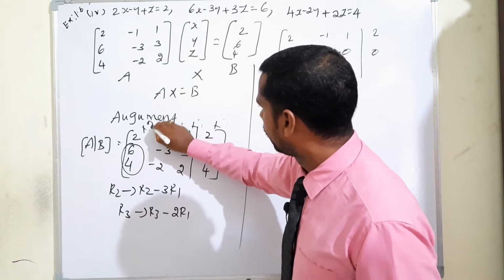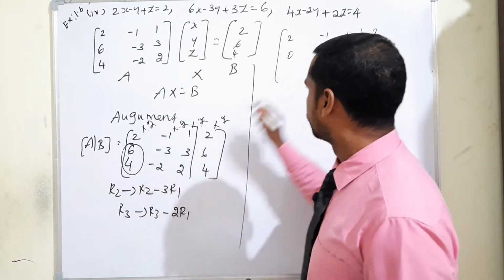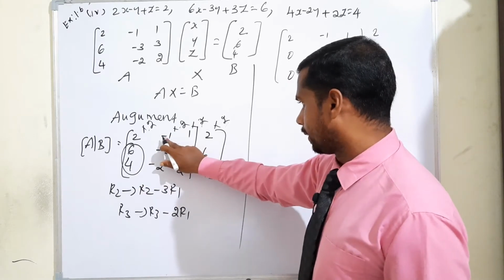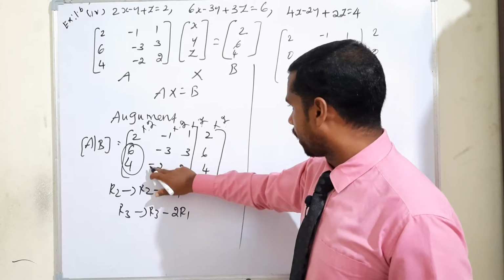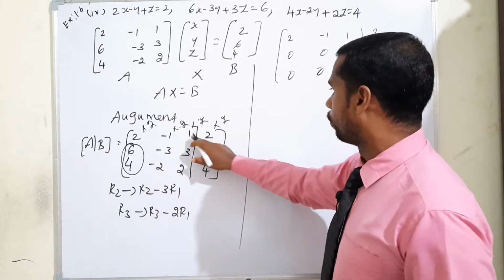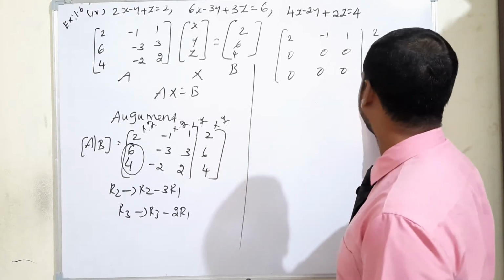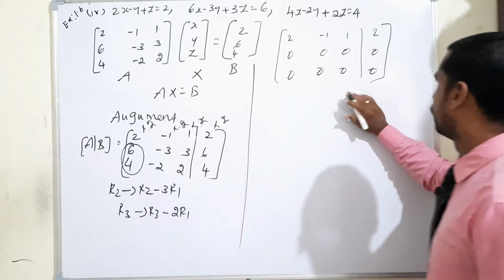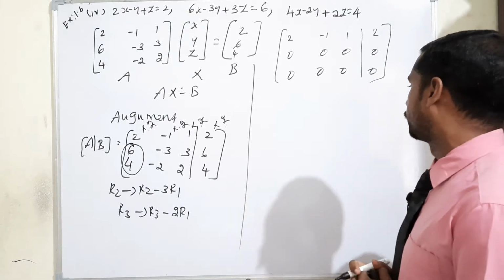For the third row, each and every time we multiply by 2, isn't it? Two 2s are 4. 4 minus 4, 0. Minus is there; common minus here, minus into minus is plus. So minus 2 plus 2, 0. 1 into 2, 2 minus 2, 0. Two 2s are 4. 4 minus 4, 0. So now we have it clear. Now this is called row echelon form. Second time also we have the correct solution.